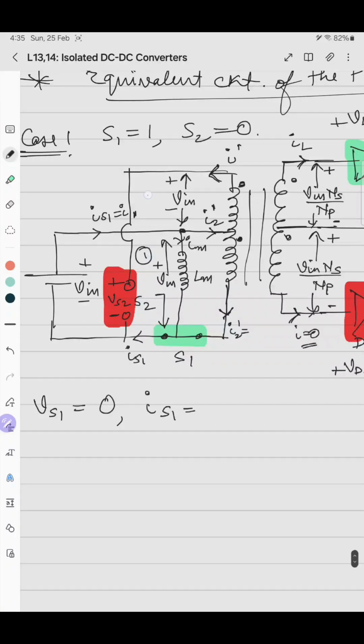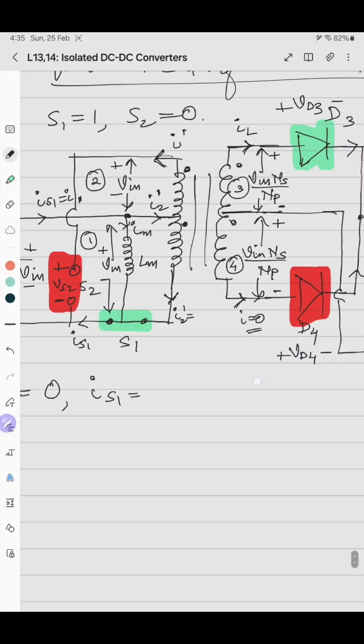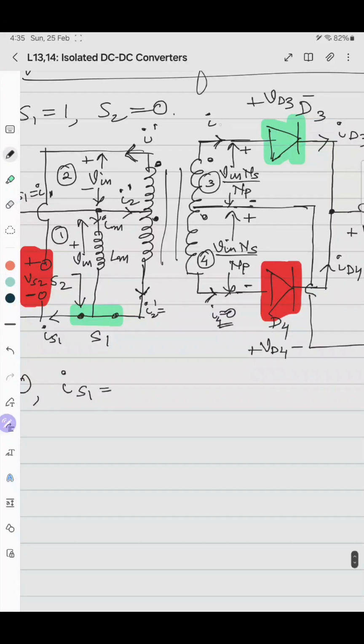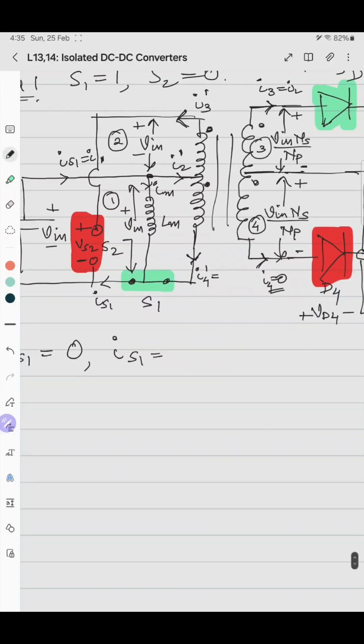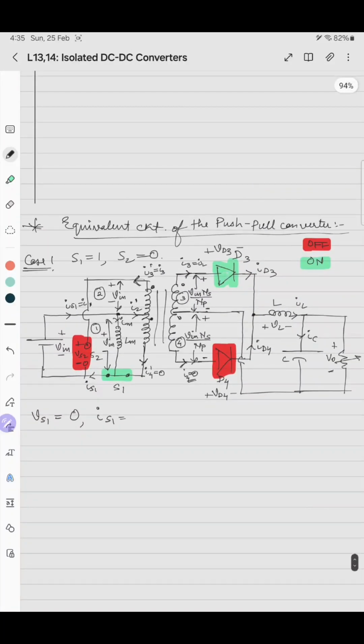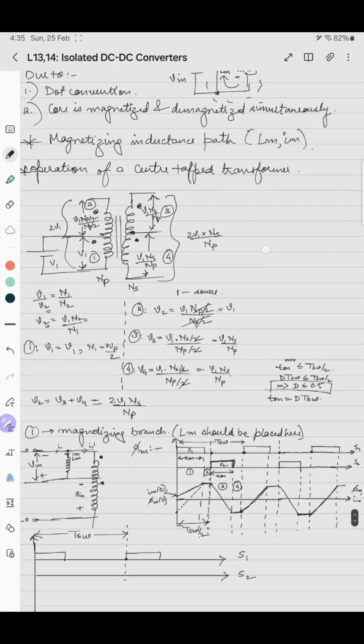Let's say this is winding 1, this is winding 2, this is winding 3, and this is winding 4. So I'll write it as I4. This is I3. So I3 here is IL. So this is I3 dash, and this will be I4 dash. I4 dash is I4, which is 0, and I3 dash will be what? I3 into, so for transferring the current,